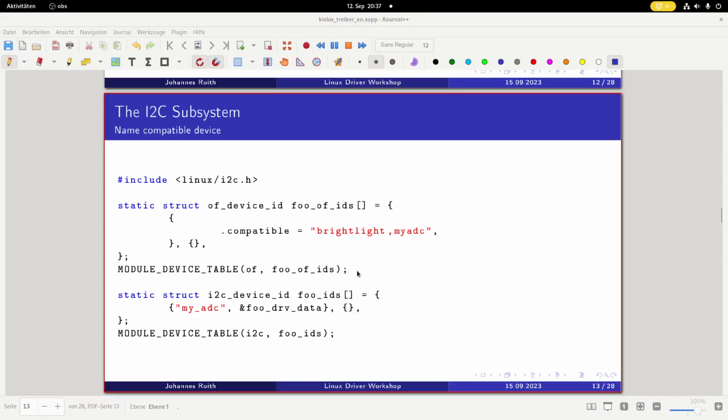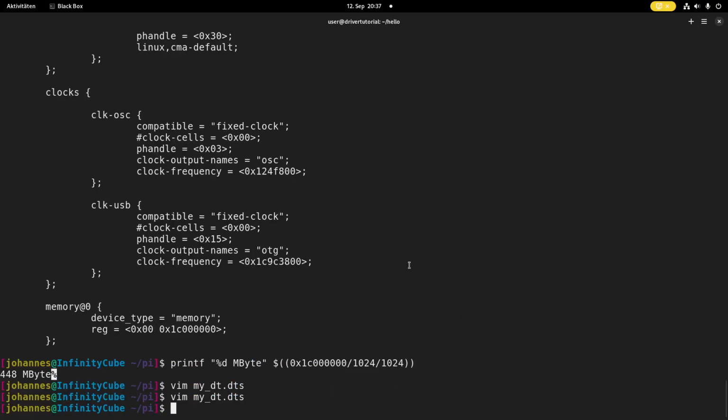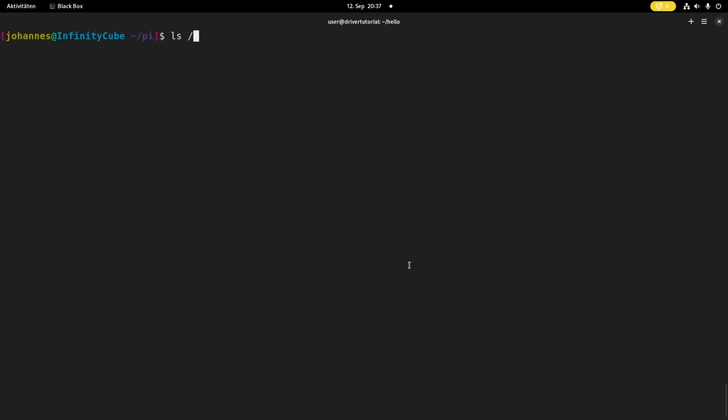First, for using functions for I2C, you have to include linux/i2c.h. Then you need to know there are multiple ways to add I2C devices. One way is to do it over a device tree overlay or over the device tree, which we will be doing. And another way is, for example, here on my laptop, if you go under sys bus I2C, we have this